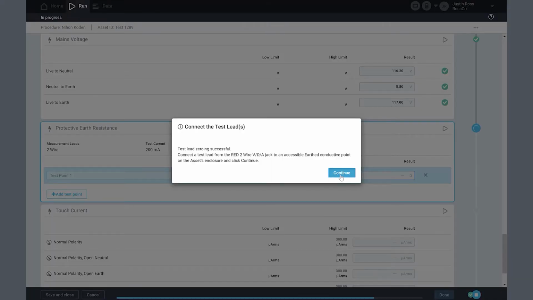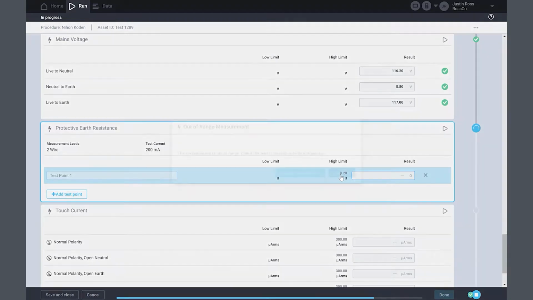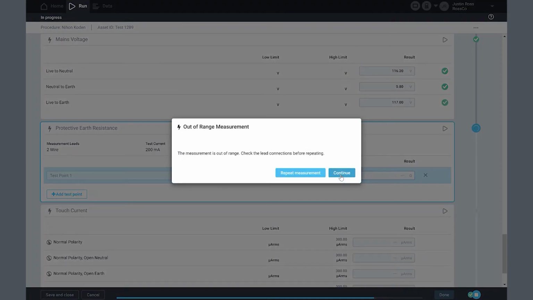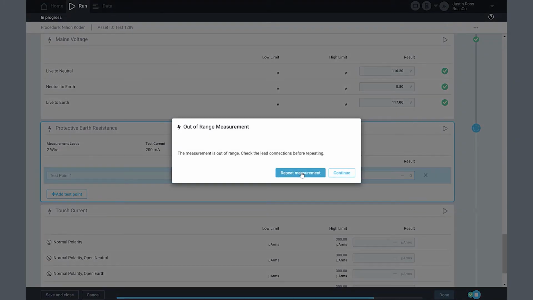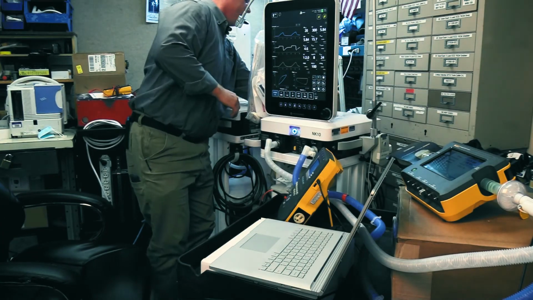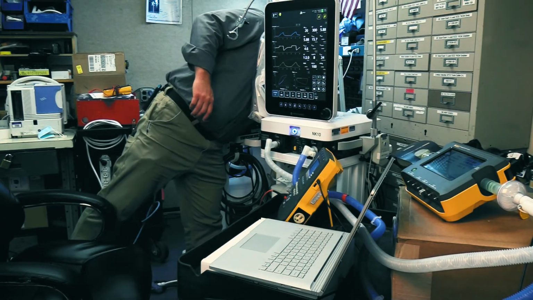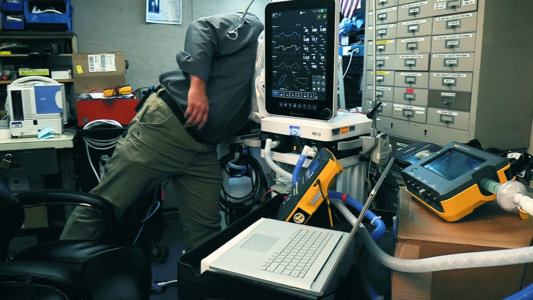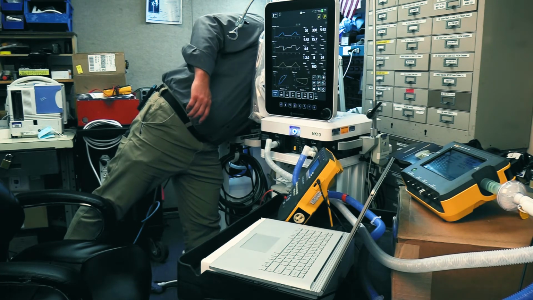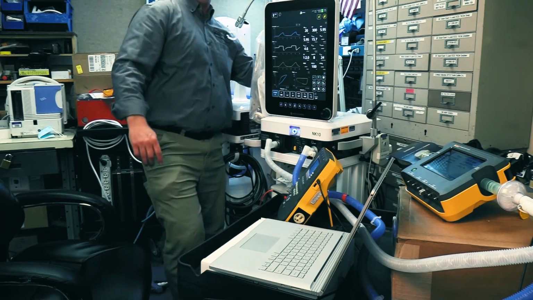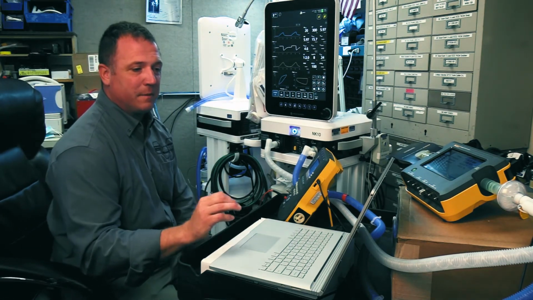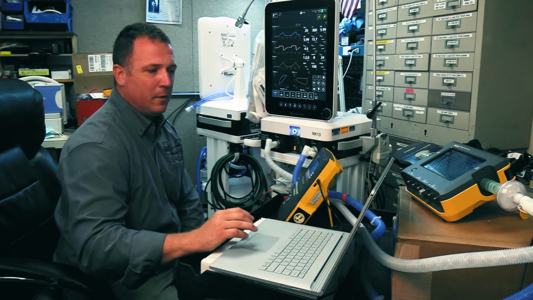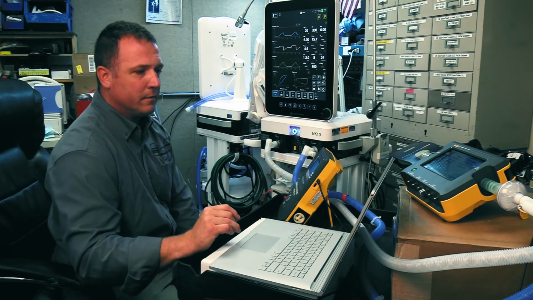Now watch. Oh, it didn't like the measurement. It was out of range. Oh, it doesn't like that point. Let's find another point. Not a big deal. There we go. I really like the alligator clip on the ESAs because it's got that extra tooth at the tip, which lets you get a hold of things.